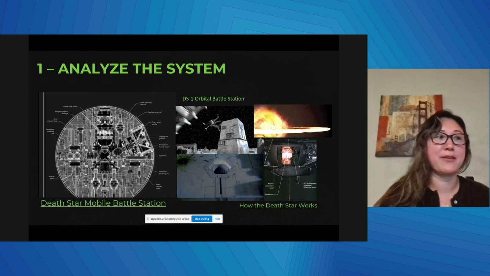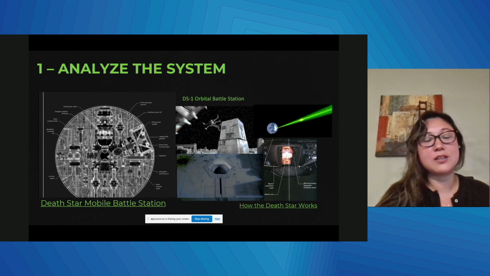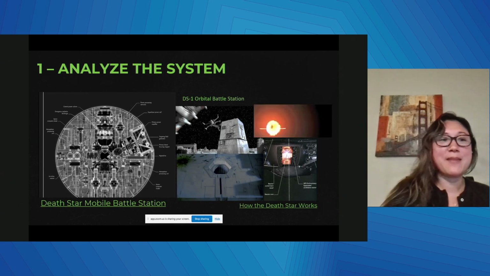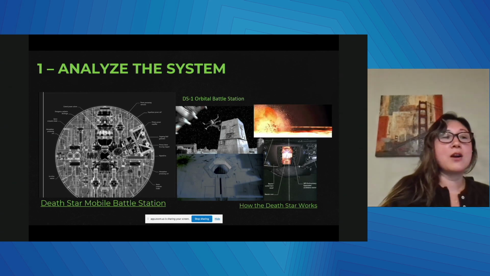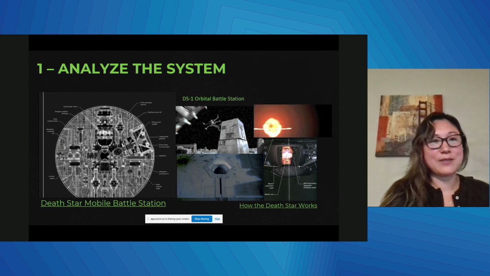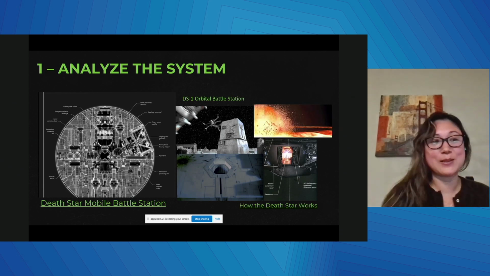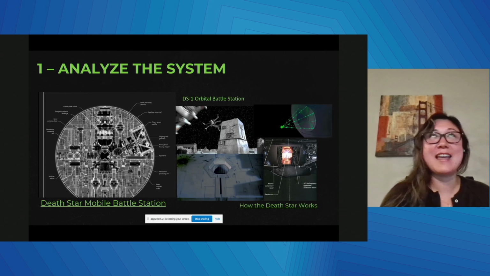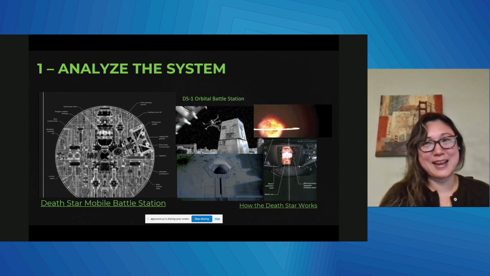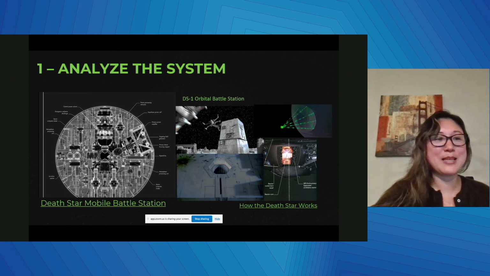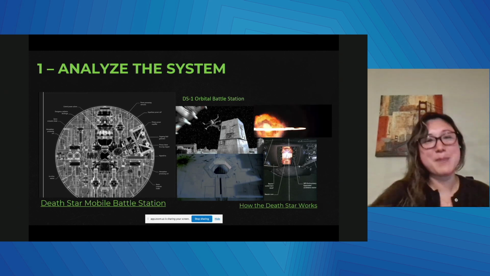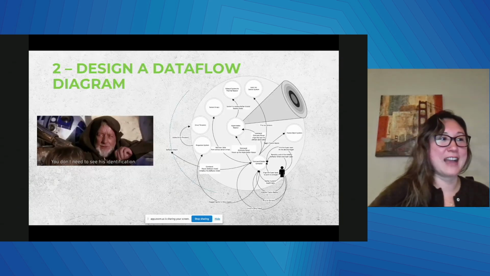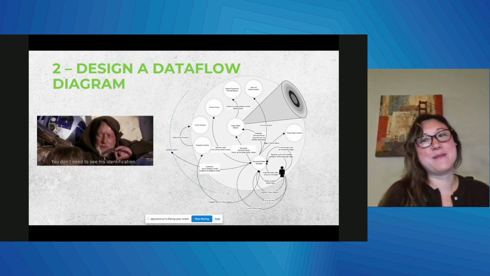And last but not least, the hypermatter reactor. The greatest challenge in designing the Death Star actually was not creating a cannon big enough to fire a beam that can destroy a planet, nor was it creating a battle station the size of a small moon. But the greatest challenge was always powering a cannon big enough to fire a beam that can destroy a planet and moving a battle station the size of a small moon. And both of these problems were solved with the invention of the hypermatter reactor. So that's fun, right? All right, now let's go into actually creating a data flow diagram for this.